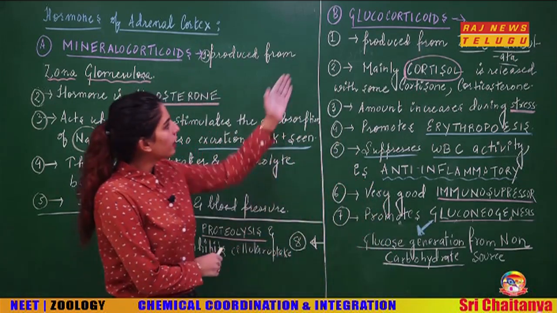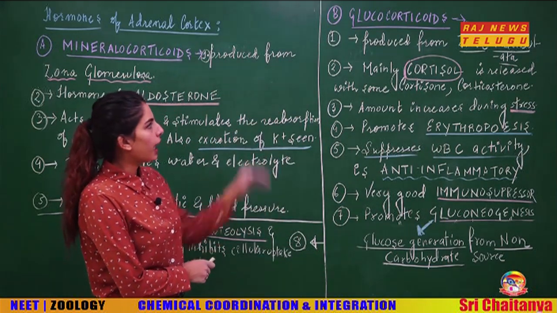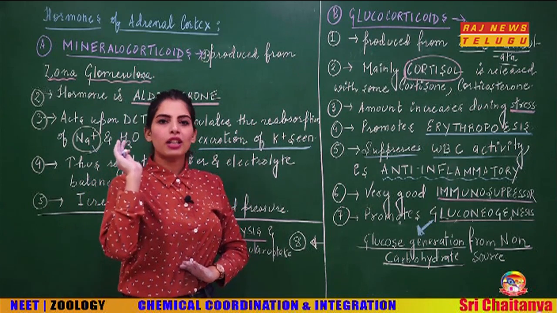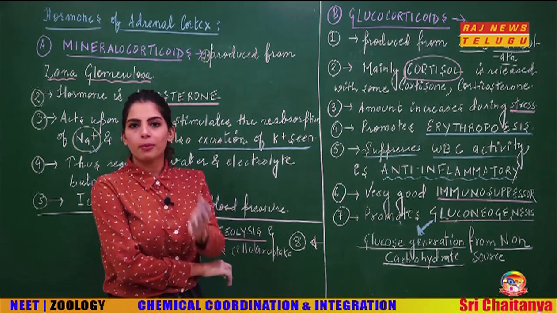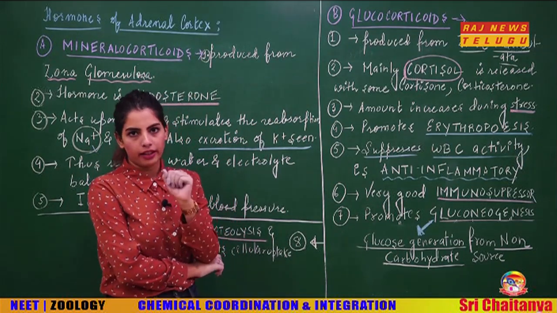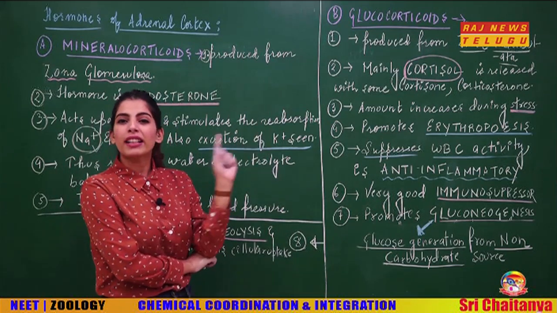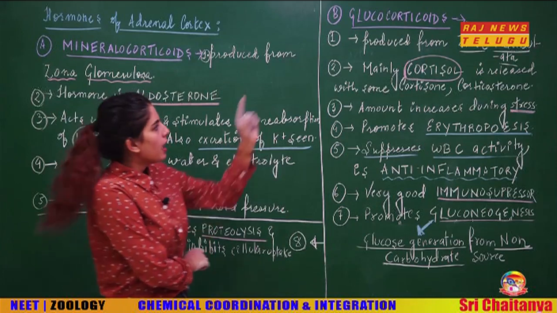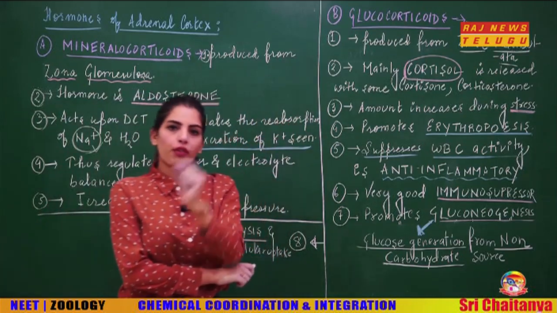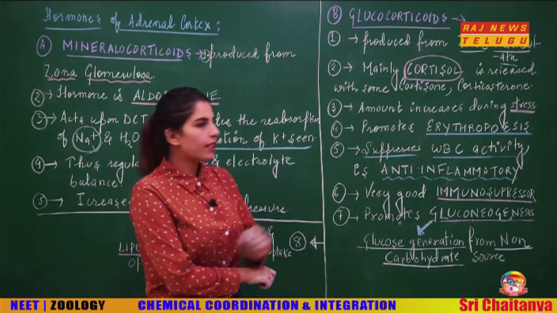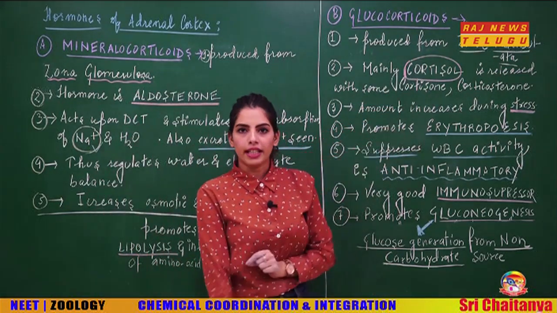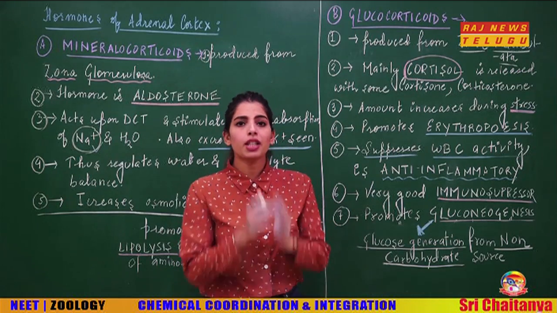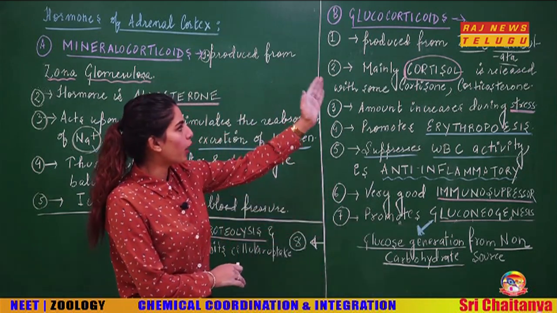Now look at the other hormone, which is called glucocorticoid. Now this was called mineralocorticoid because there was a reason of reabsorption of a mineral, sodium ion. We are also going to look at why this is called glucocorticoid. There is also a reason for this. This glucocorticoid, first of all, which layer produces it? The answer would be zona fasciculata. The zona fasciculata, which was the widest layer, is producing the hormone glucocorticoid.